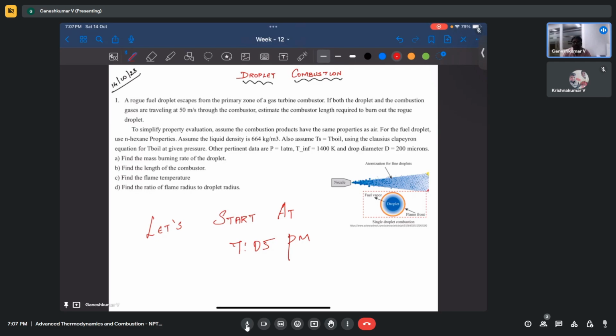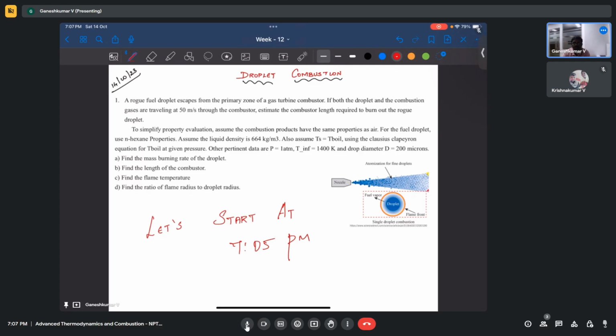We will try to break that liquid into small droplets. We will spray it so that it becomes small droplets, and those droplets react with gases and start burning, and the fuel gets consumed and products are formed. So that is the droplet combustion phenomenon that we see in a lot of places, including rocket engines, gas turbines, even in